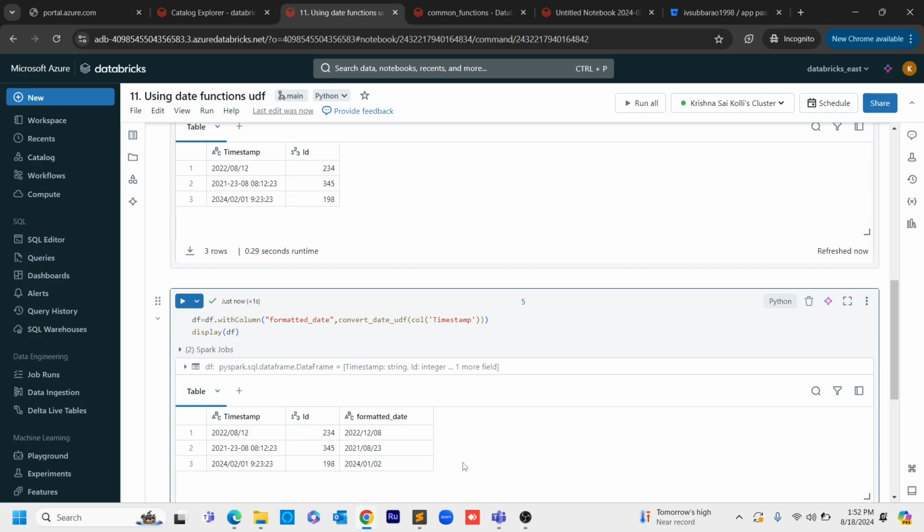This is how you apply a UDF that you have created to a column with multiple formats. In this example we have a date function with multiple formats, but in other scenarios also you will be applying a UDF like this on a specific column,